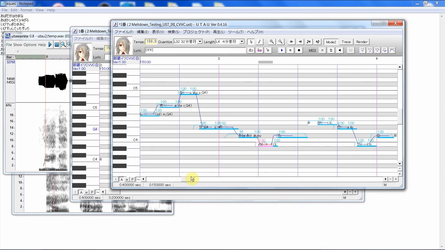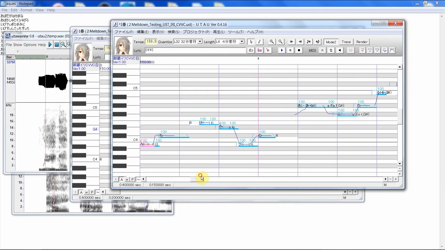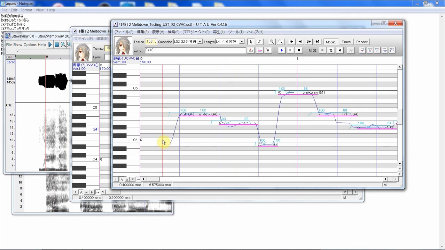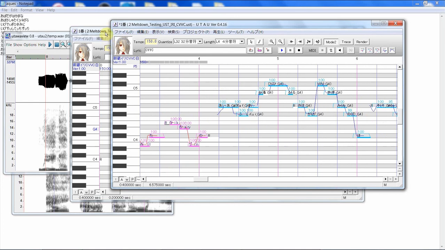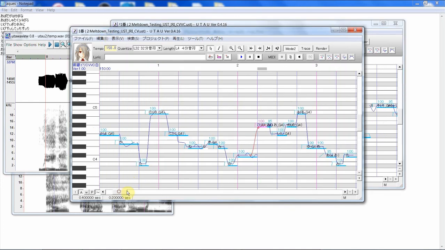I got so lost. Okay, so this is the CVVC. よかったのにね、君の首を絞める夢を見た光の。